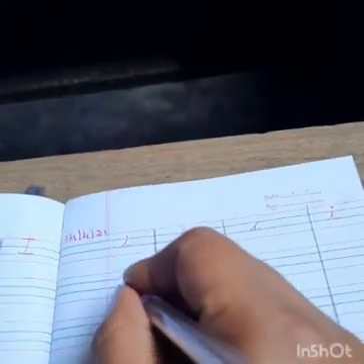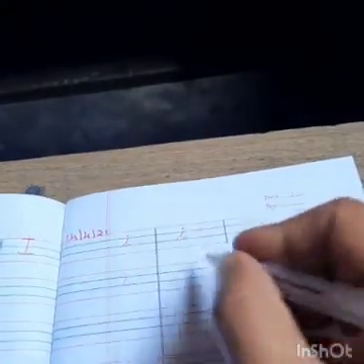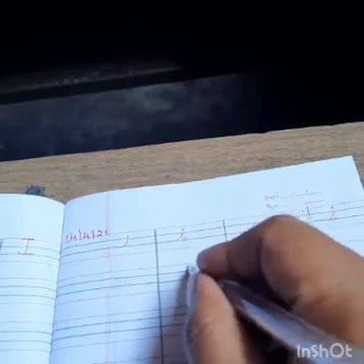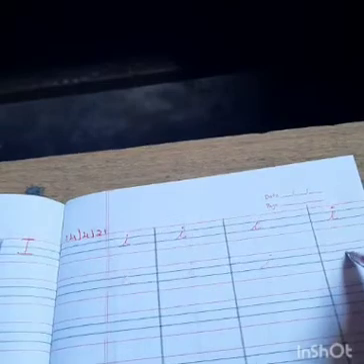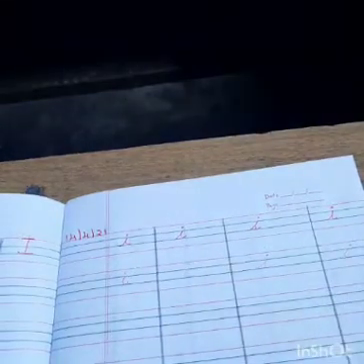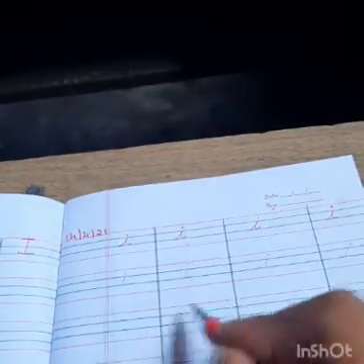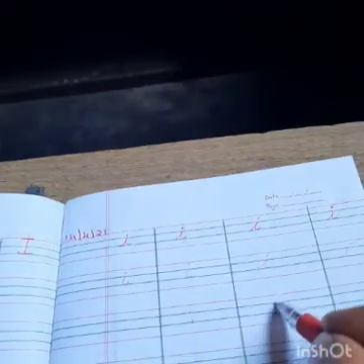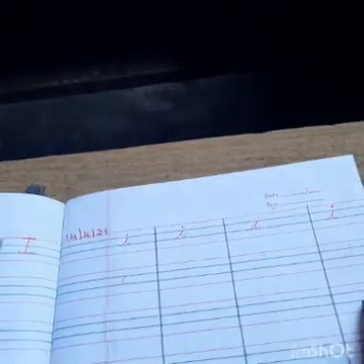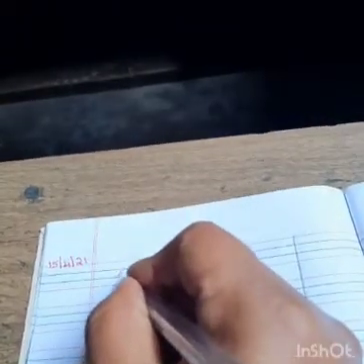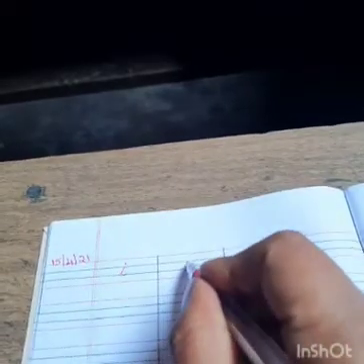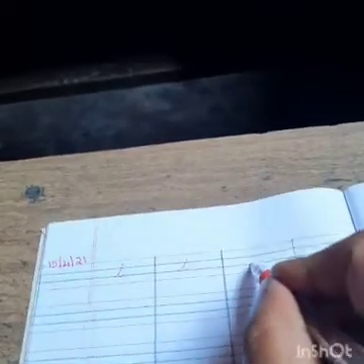This is E. Come back and a dot. Only with the two lines, children. When you write the cursive letter, it will be inside two lines. Next page, you are going to write the same thing.